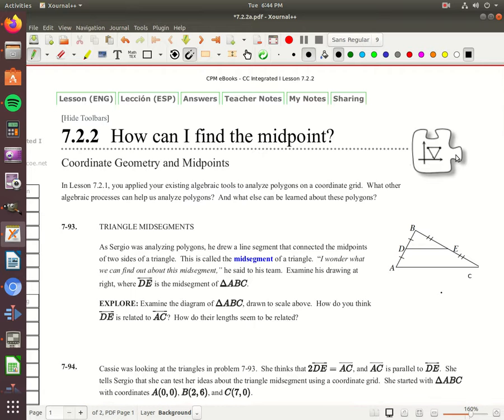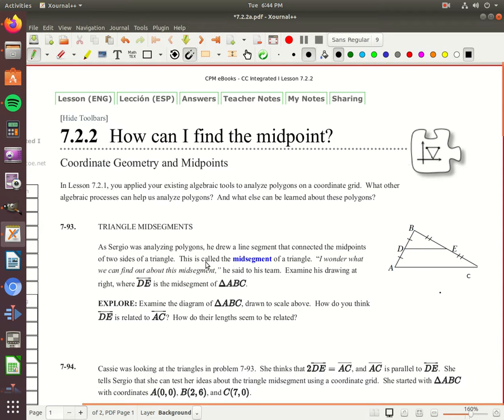722, how can I find the midpoints? More coordinate geometry, and there's a nice trick to finding the midpoint or endpoints of a line segment, so we'll kind of go through that. So again, I had to jot some of these notes down, and I'm going to go into a coordinate plane and solve it and go from there. So